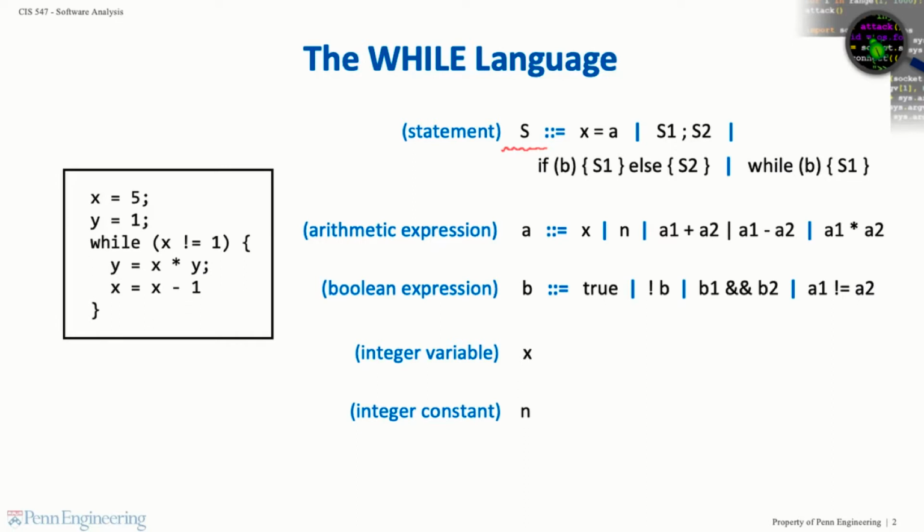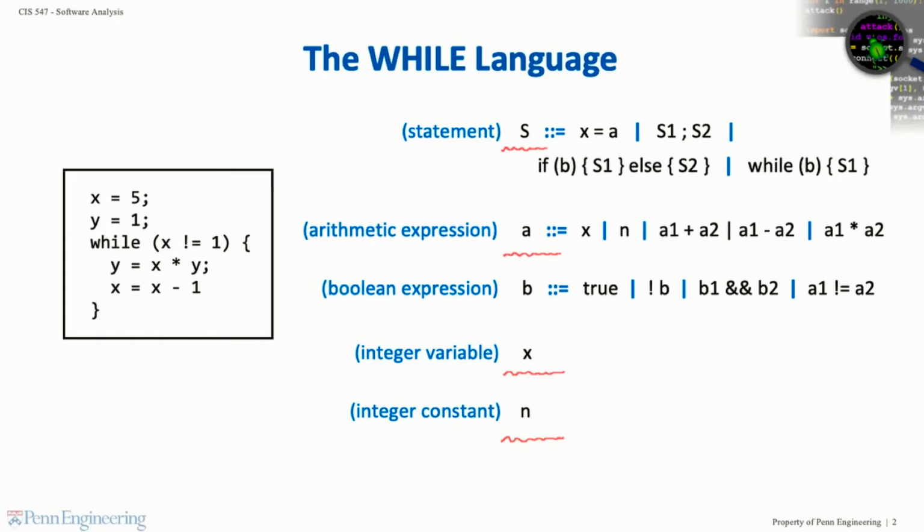In particular, an arithmetic expression can be an integer variable, which we denote using x, or an integer constant, which we denote using n, or an addition of two expressions, or a subtraction of one expression from another, or a multiplication of two expressions. The definition of arithmetic expressions is also recursive, allowing us to write programs with arbitrarily large